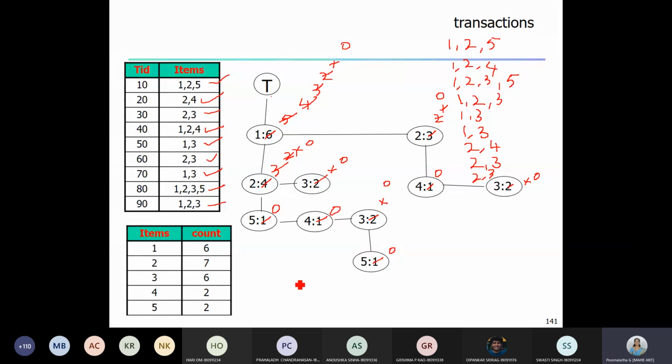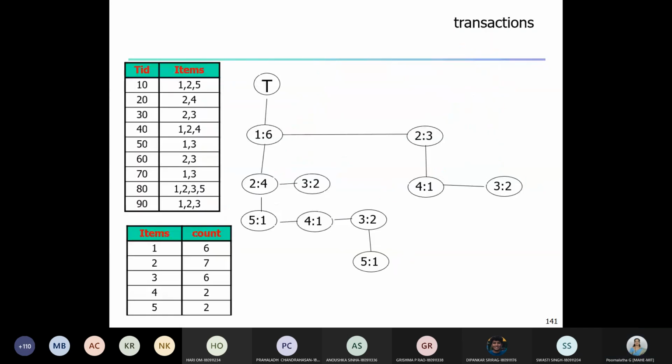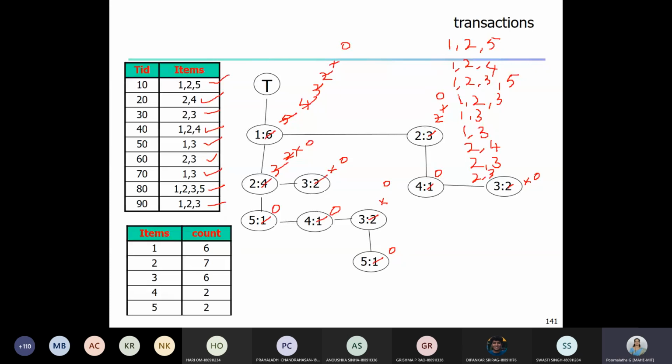So create a list L from these, and then these items you need to arrange them based on the list L, because now we are constructing the FP tree, and from here onwards the procedure is the same as whatever we have discussed so far in the previous 2 classes, that is how to create the FP tree. Okay, you can see it, I have given it here.